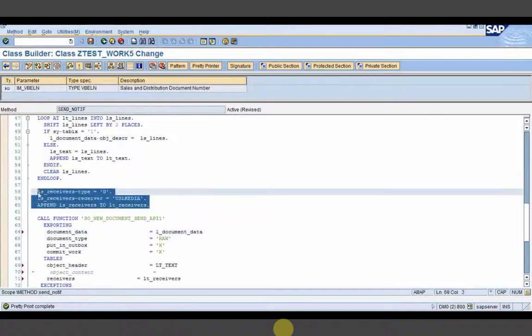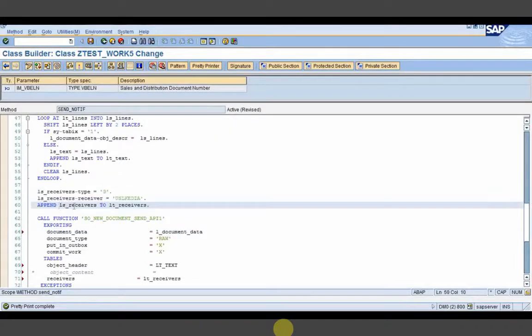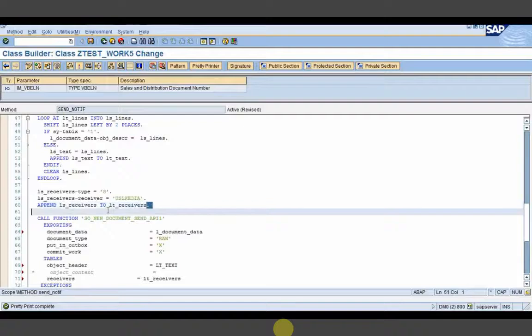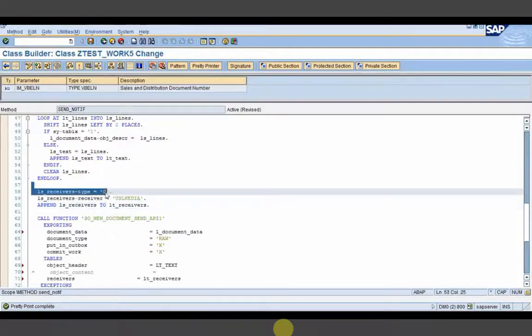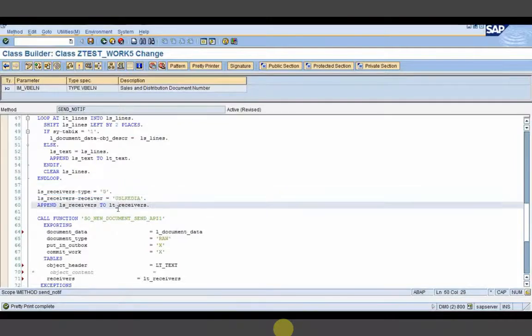If you have more than one, then we can populate more than one and append to this particular LT users. The type is G because for SAP user logon ID, we use the type as G.